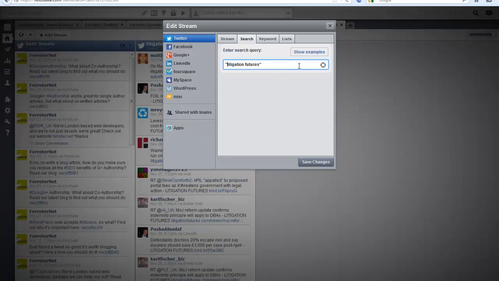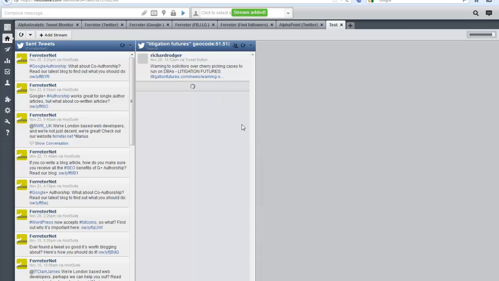In addition to this, you can also geo-target this here. And if you click that button, it will produce a code. At the end of this code, you see it says 25 kilometers. You can easily customize this, and you can add any number you want. Instead of 25 kilometers, we can have 225. You just add a 2. And then you save changes. And now we'll see mentions of litigation futures within this area that we just